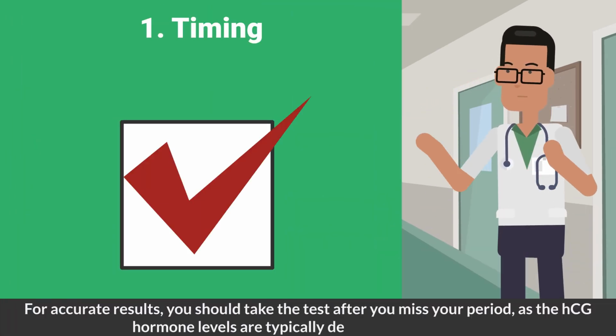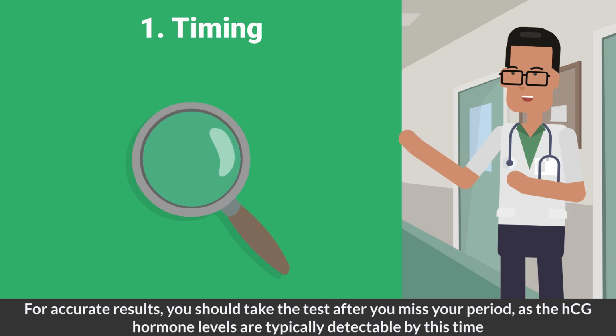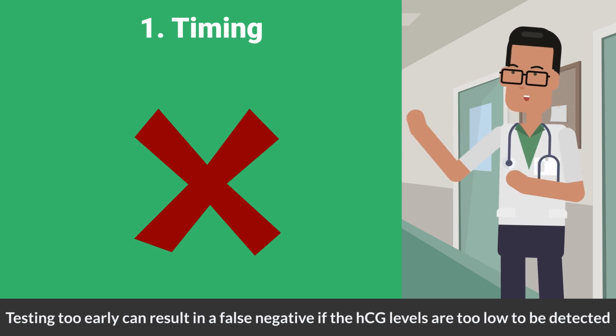The first thing is about the timing. For accurate results, you should take the test after you miss your period, as the HCG hormone levels are typically detectable by this time. Testing too early can result in a false negative if the HCG levels are too low